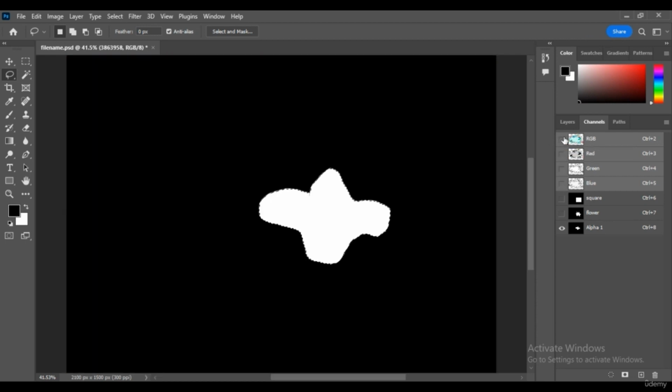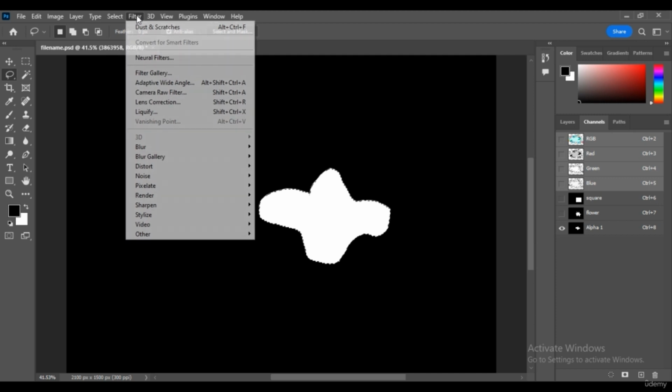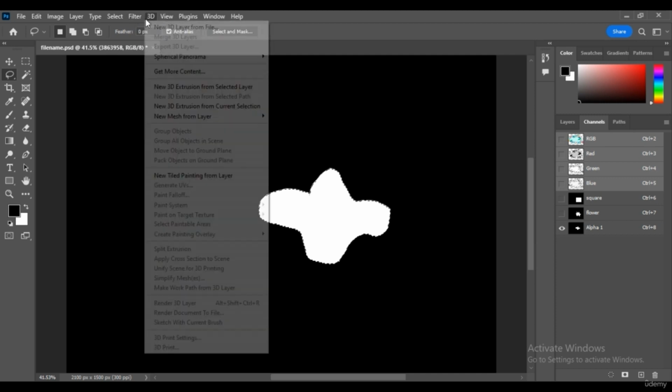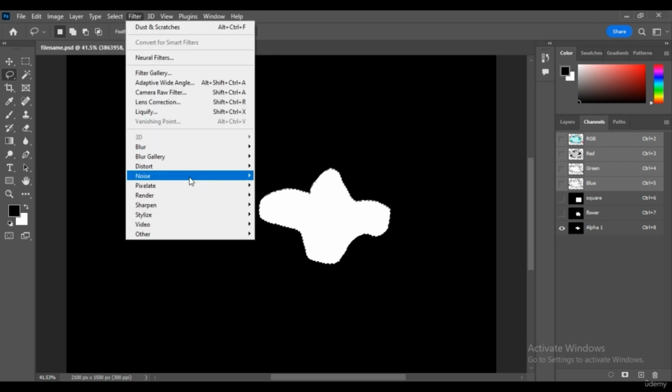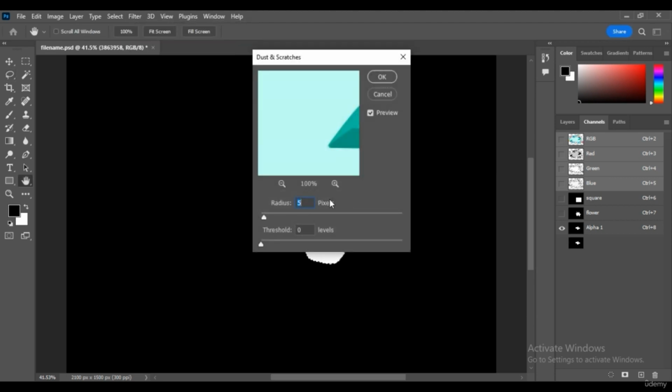After we go to the channels tab and unhide the alpha layer over here, then we hide the RGB and the rest of the unhidden layers on the channels tab. Then we can go to filter and go to noise and go to dust and scratches.